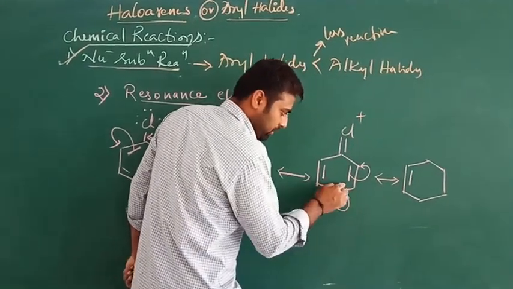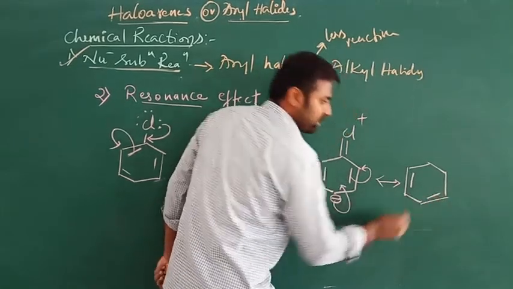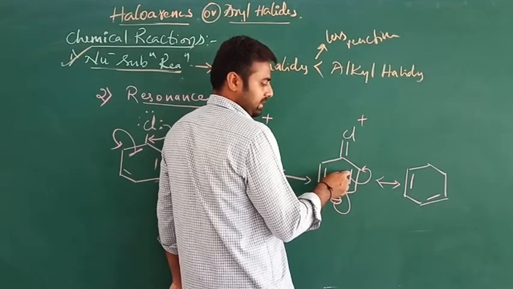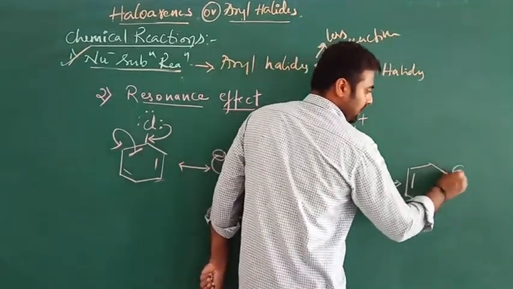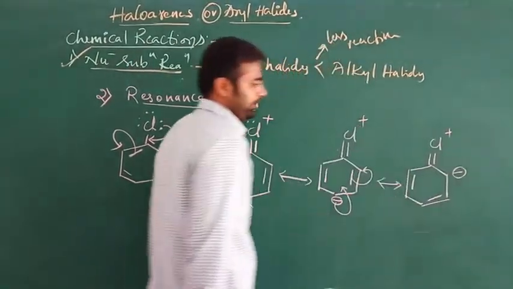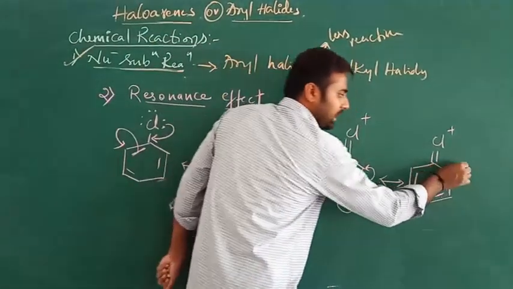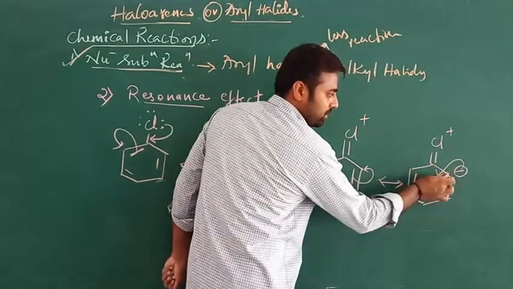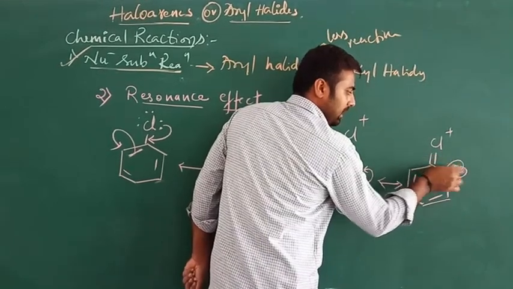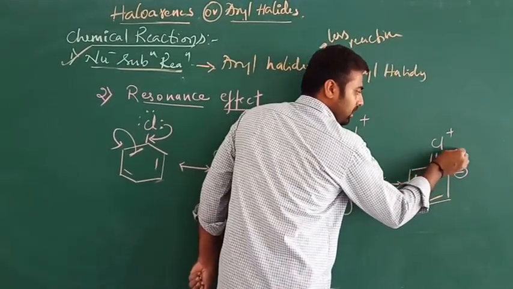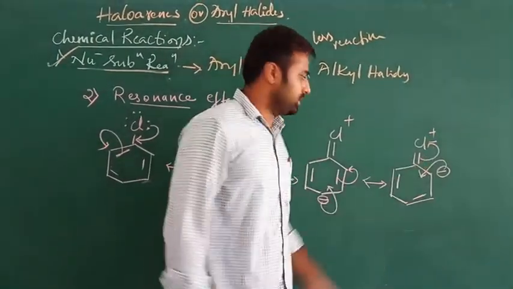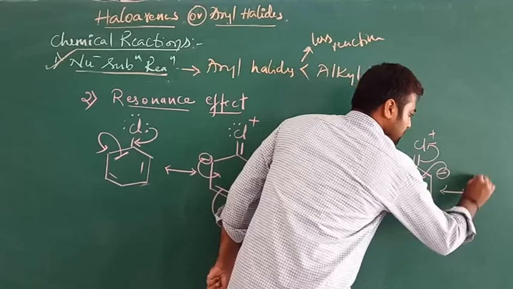This pair of electrons will move to this position, meaning there is a formation of a bond between these two adjacent carbon atoms, and the pair of electrons present in the bond will move to this position and give a negative charge on the carbon. Obviously this is Cl, right? And again that pair of electrons will move to this position due to the formation of a bond between these two carbons, and after this the pair of electrons will move to the original position, and finally it gives